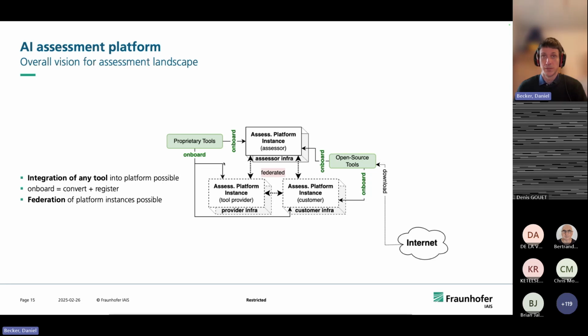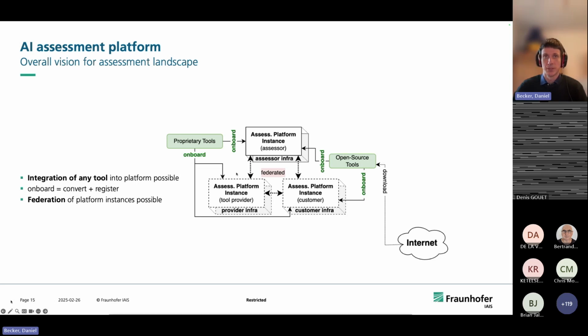So, for example, if we have the different roles here of an assessor, a tool provider, and a customer, we can even accommodate a scenario where the proprietary tool provider does not want to upload or share their tool completely with either the customer or the assessor, and the customer needs this third-party assessment.